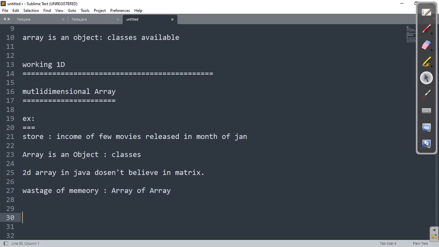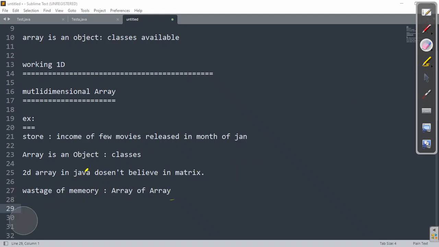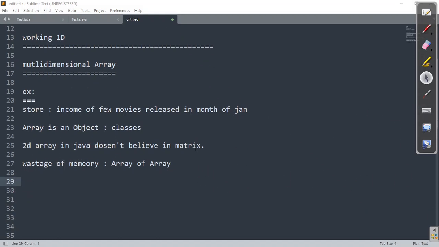What is the advantage of arrays of arrays? The advantage is we need to reduce the wastage of memory. This is the only reason for which the matrix format of double dimension array is replaced with array of array. Again I repeat, this is strictly for Java, not for any other programming language, right? So let us understand how Java manages all that, through declaration and the entire thing, right?